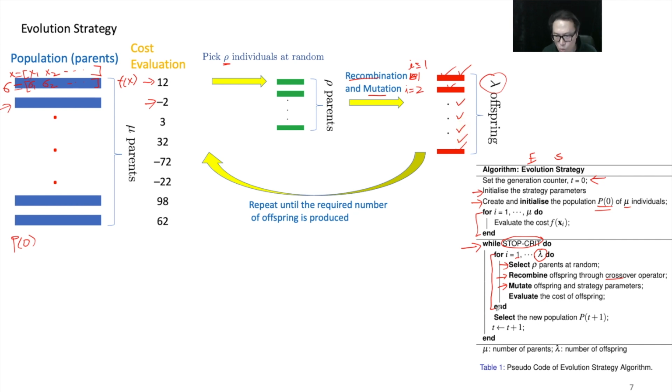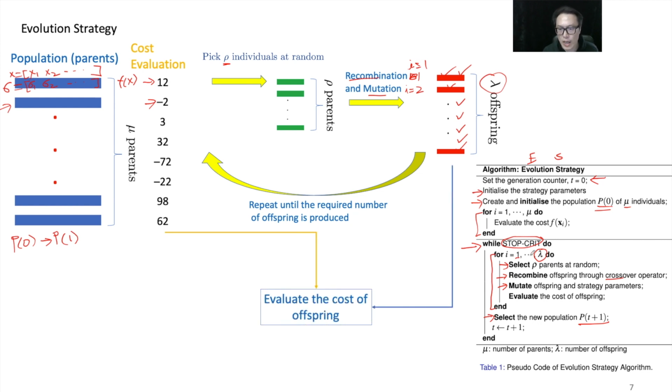And then now we get to this point. That is, we need to determine what offspring as well as the parents in the population will form the population in the next iteration, that is P(t+1). Okay, so that means we would like to generate P1, that is when t equals 1. So we are going to evaluate